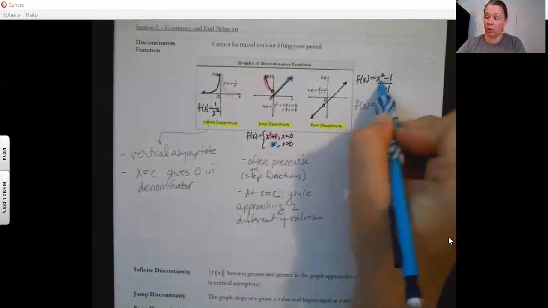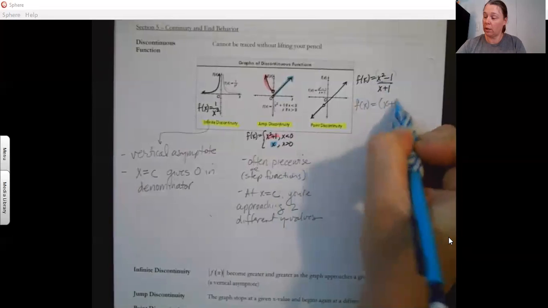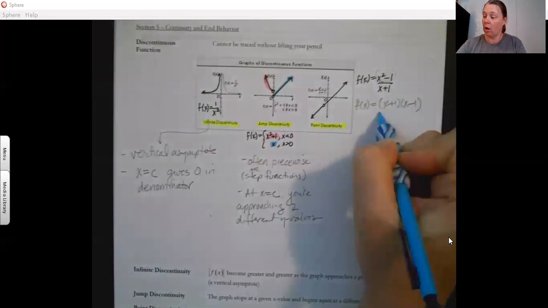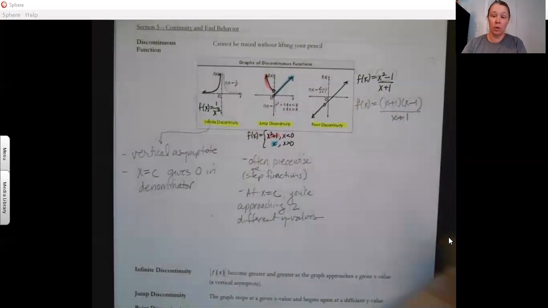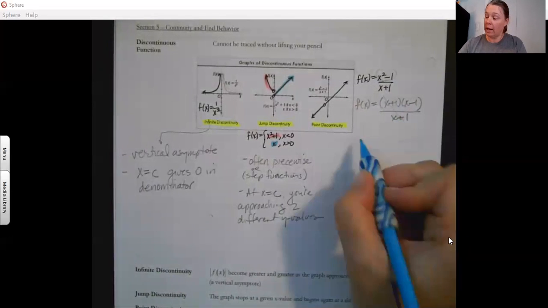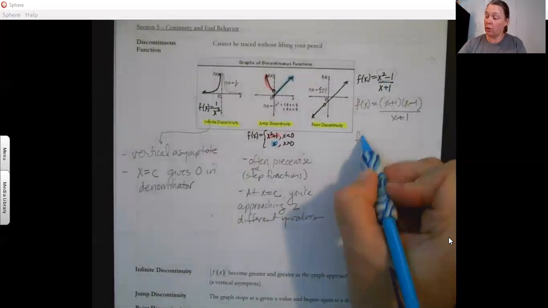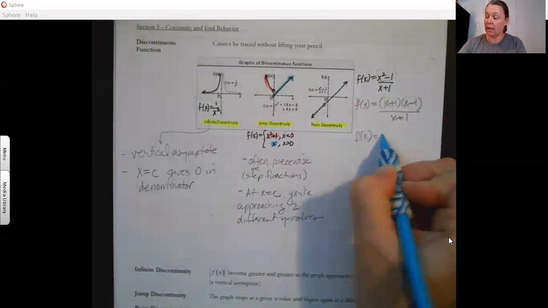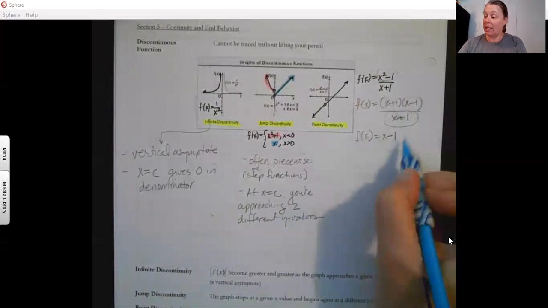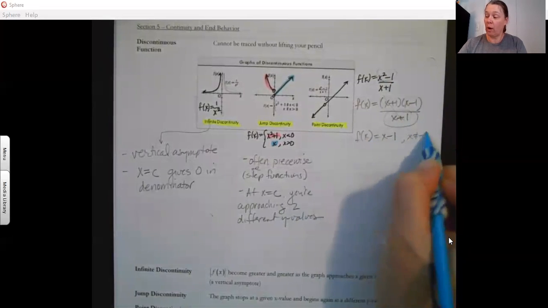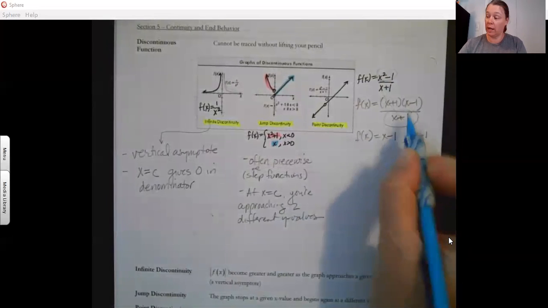If I were to factor this numerator, I would get x plus 1 times x minus 1 all over x plus 1. And then see what happens is those factors cancel, and this is equivalent to f of x equals x minus 1, with the one criteria that x cannot equal -1,